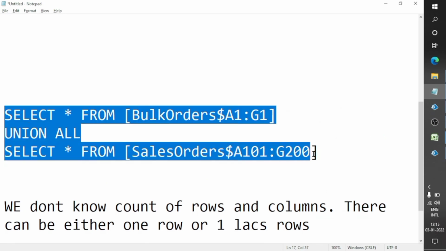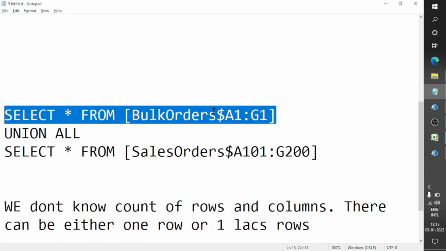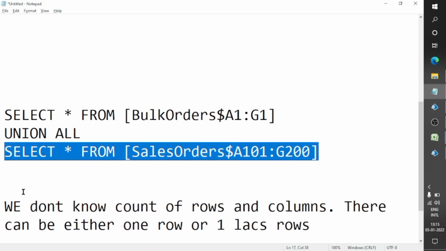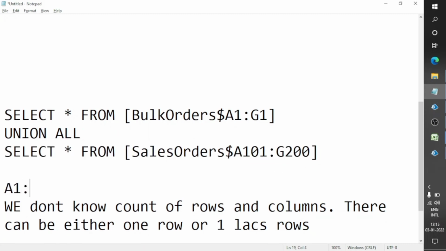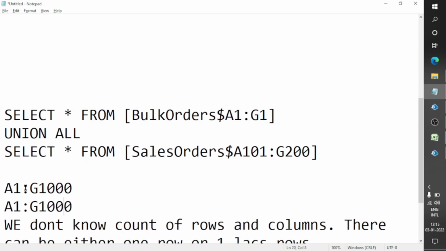Every time this will remain the same: we fetch the header in the first row, and then we fetch the 1000 rows. First we fetch from A1 to G1000. In the next one we will fetch A1000 to G2000.